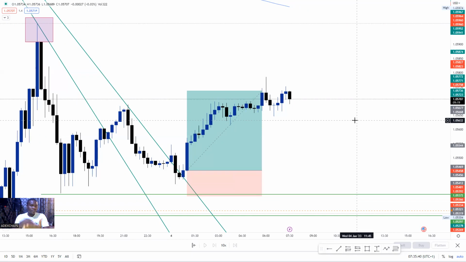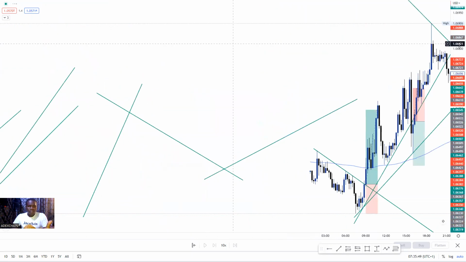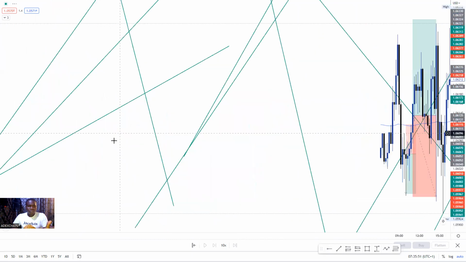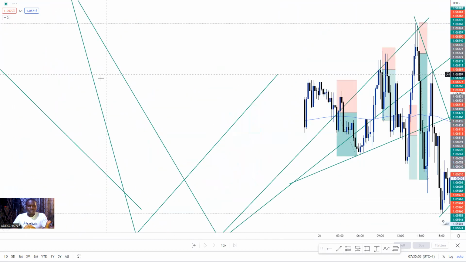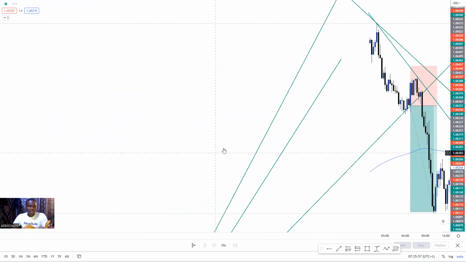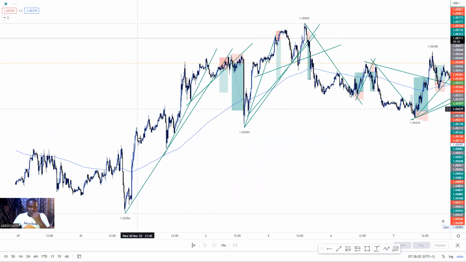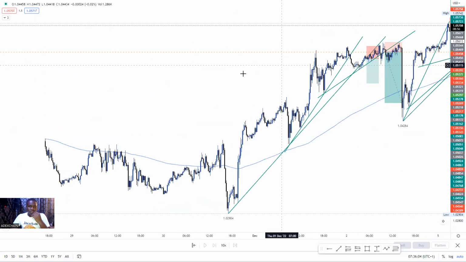Like, okay, risking $50 on each trade. Sometimes I may just say, okay, I risk $50 on this trade. Let's say for instance, this is my backtest. Let's go back, go back, go back. I start from December. Okay, this is a good example.